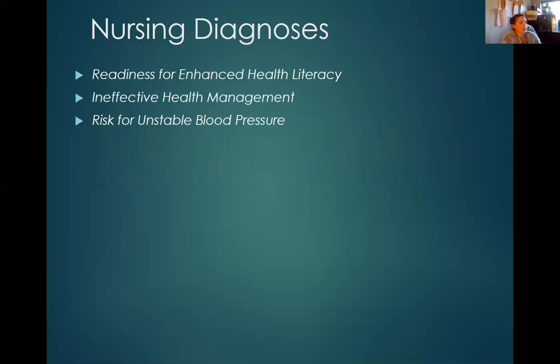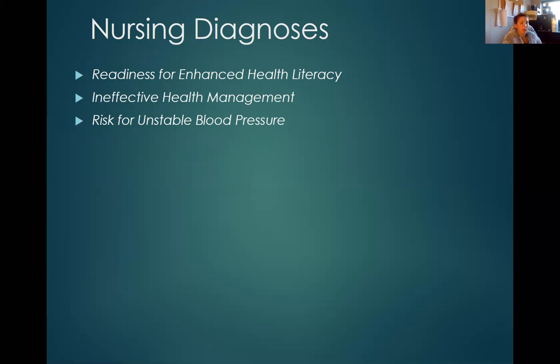So some of our nursing diagnoses: readiness for enhanced health literacy. That goes back to what I told you just a few minutes ago. We need to make sure that before we go and ask this patient to do this, that they're prepared and have the ability to do that. If they don't, then are they receptive to allowing you to work with them to improve their health literacy and make them a little bit more prepared to manage that care, which leads us to our second diagnosis, the ineffective